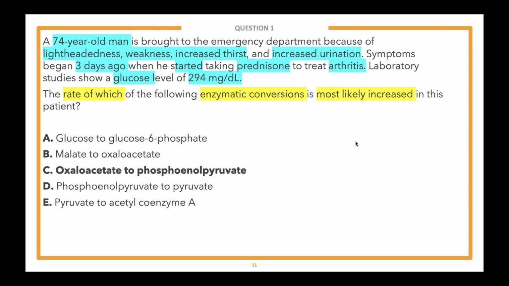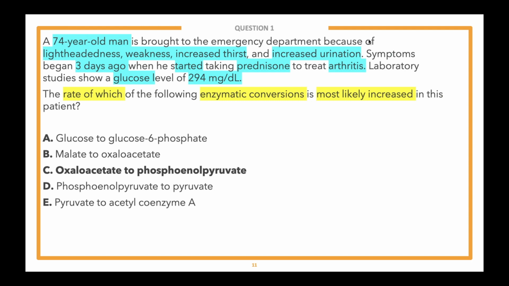Lastly, answer choice A, this is done by either hexokinase or glucokinase to convert glucose to glucose 6-phosphate. And also, this is the first step in glycolysis, so the opposite of gluconeogenesis. So hopefully, you guys are able to see that really the only gluconeogenic pathway or step here is answer choice